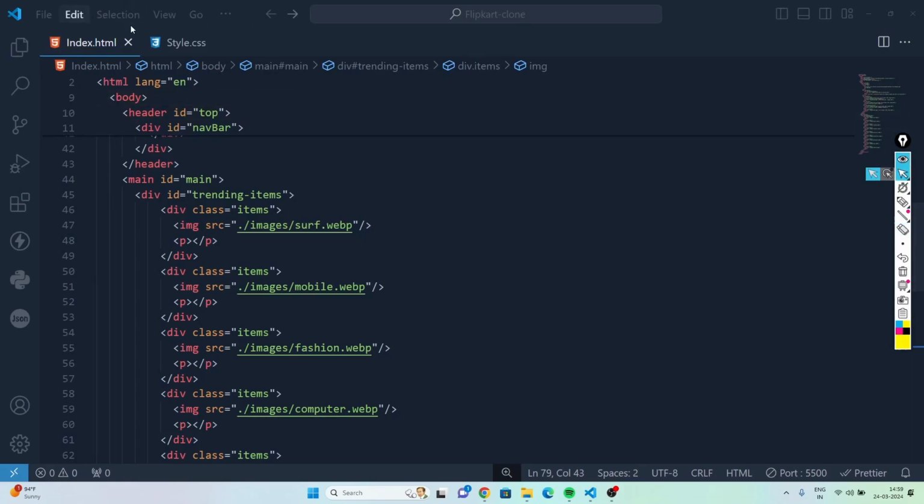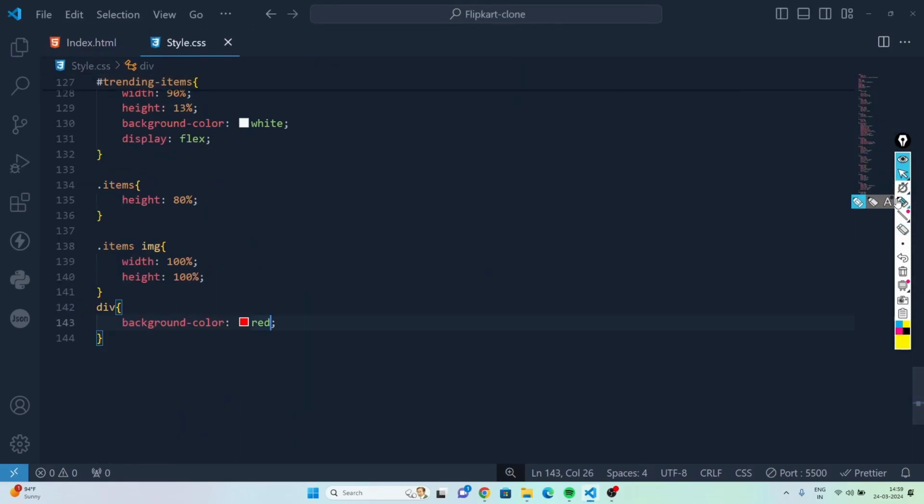Let's go to the CSS. Let's select the div whose class name is items, and inside that whatever image is present, style that image like this in the following. Understood? I hope you have understood, and if there is any doubt, do let me know. Okay,